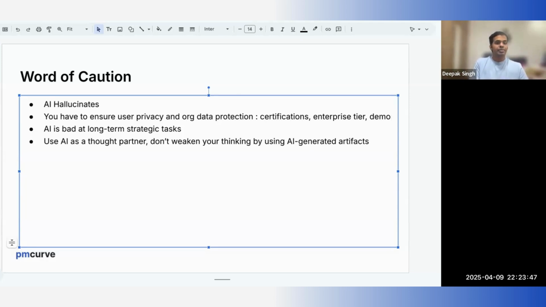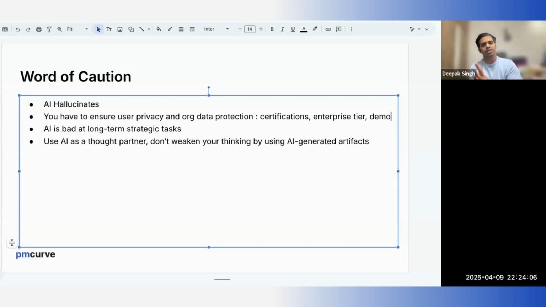The third is AI is bad at long-term strategic tasks, which require a lot of context and also a lot of long-term thinking. So don't try to delegate these tasks to AI. Use it as a thought partner, but only as a thought partner. The fourth thing is